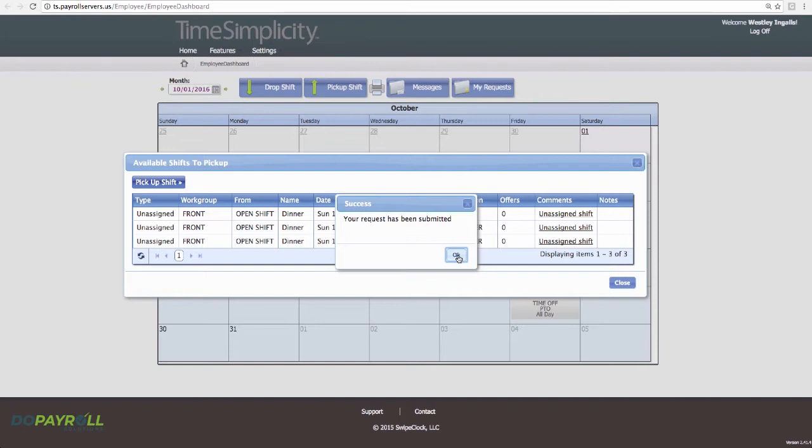But because the manager knew that they were trading, and because they had put that line in saying trading with this person, that gives the manager the ability to go back and say, okay, this is who I want to give it to. This is where I want to assign it. Otherwise, without that, any employee that had requested to pick that up would be eligible to pick that up, and a manager wouldn't necessarily know who they were trading with or what they were doing. So it's really important, if they're going to be doing any kind of trades, to put that in